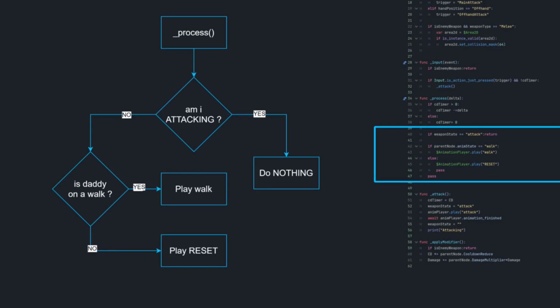Okay, now the attack function. It's going to reset the cooldown timer and put the weapon state into attack, so our animation doesn't get overridden by the walk state.